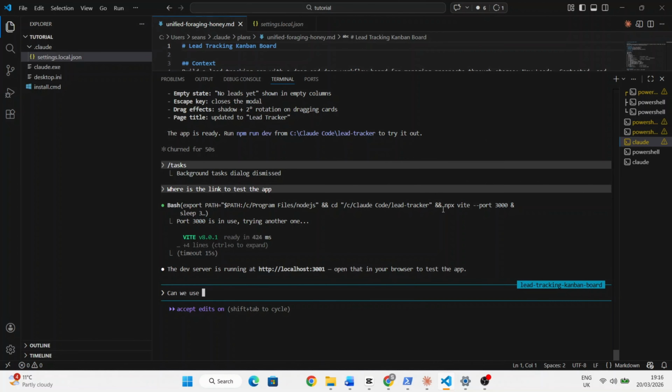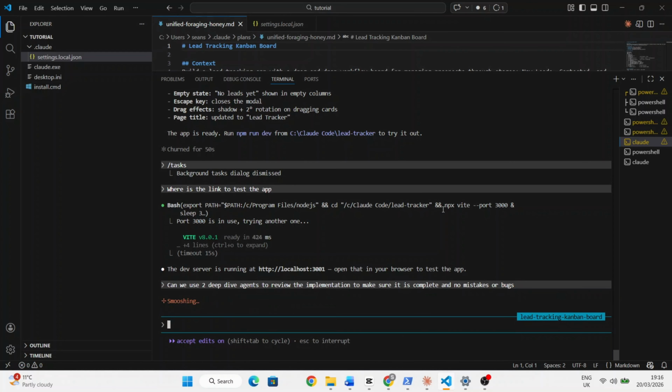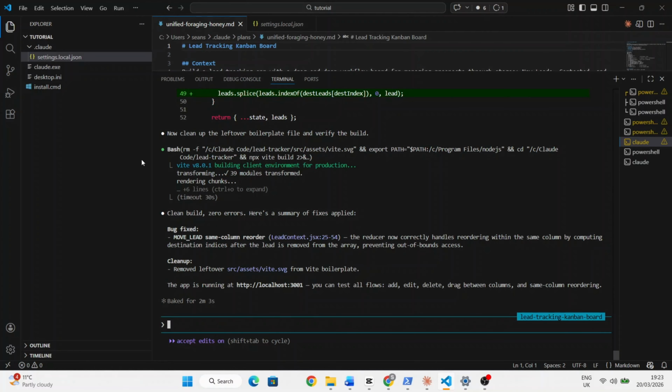And the next thing to do is to add deep dive agents. So I'm just going to add 2 to the workflow and remove any mistakes or bugs. And I'll just let that load. So just looking at the bugs fixed, the reducer now correctly handles reordering within the same column and computing destinations and indices after the lead is removed from the array, preventing out of bounds access, and the cleanup removed leftover files from boilerplate. And yeah, the app is running at that link, so let's go ahead and click that link,